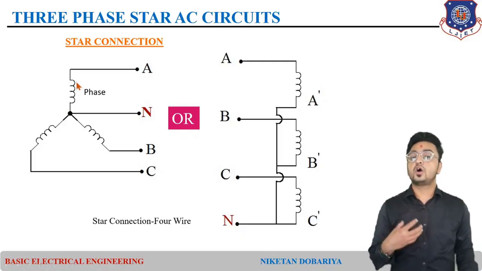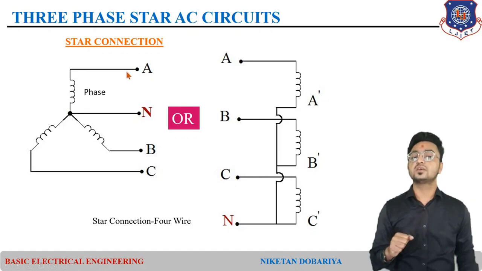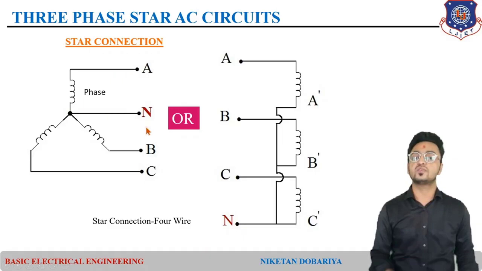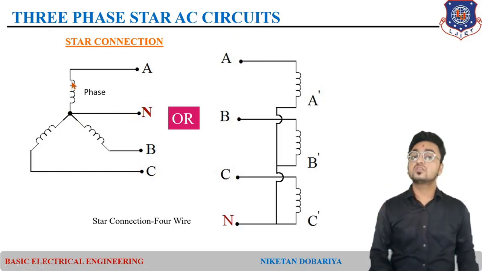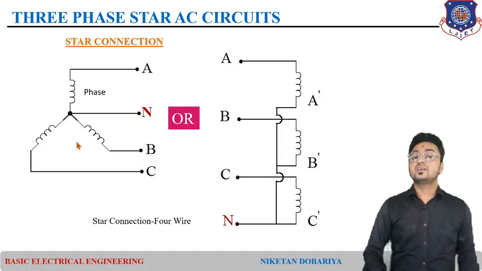Here we have formed a three-phase circuit by combining three individual circuits. So this is one circuit, one phase. If you consider from A to N, this portion will be considered as one phase, one supply. In the same way, B to N can be considered as another supply, and C to N is the third supply. By combining these three, we form the three-phase circuit. So these three sources we have as V1, V2, V3, or we can say VA, VB, VC. So we have three individual circuits given over here.